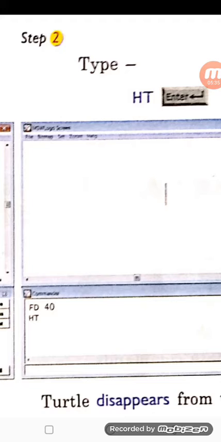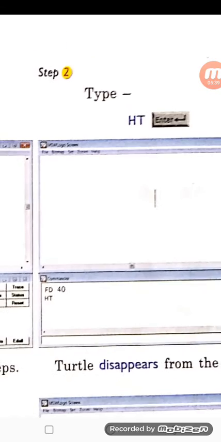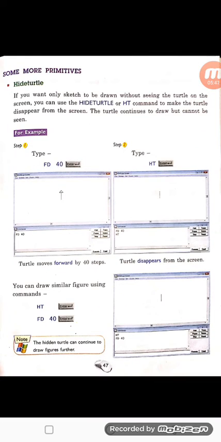So the line is there but the turtle is not visible. Here our turtle has disappeared, our turtle is hidden, so we call it hide turtle. If you want only the sketch to be drawn without seeing the turtle on the screen, you can use the hide turtle or HT command to make the turtle disappear from the screen.